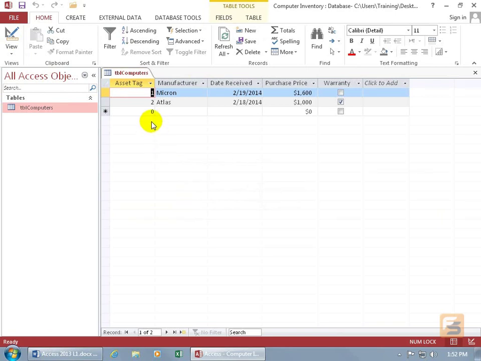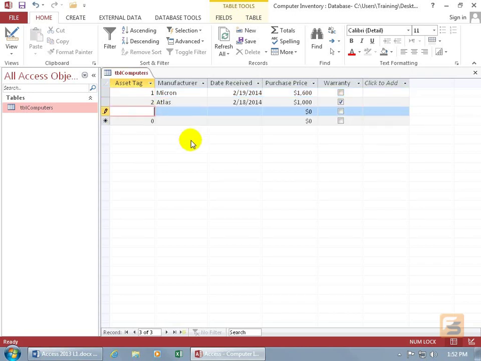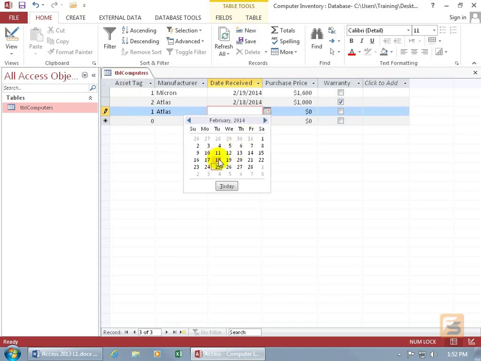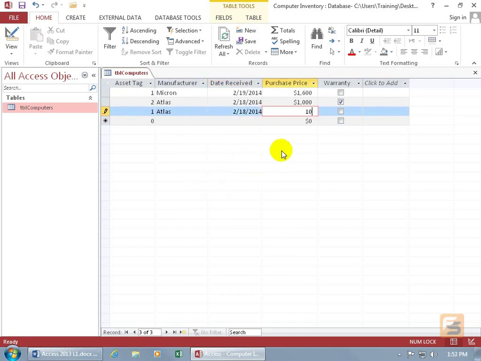That's an indicator to me, or anybody who's learned Access, as far as the data type, the auto number goes, that it's not automatically generating a number. So if I come in here, and I delete that, and I type in 1, and I hit the tab key, and let's do Atlas, and let's check a date here. Let's do the 18th, hit the tab key, let's do 1000, tab, spacebar to check the warranty, and as you can see, I entered in a duplicate value as the one up above,